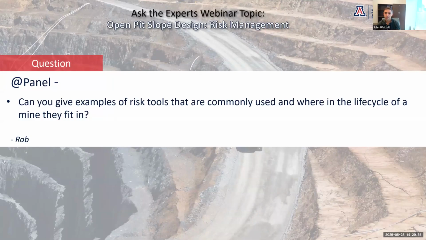Yeah, Julian, just to add to what John had to say, I think early in a project, like at a pre-feasibility or feasibility level, anything you can do to get your data to a higher confidence level will help you come up with a better design. I think that's an important concept that needs to be discussed when discussing risk, is how confident are you in